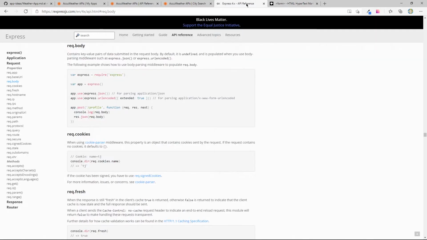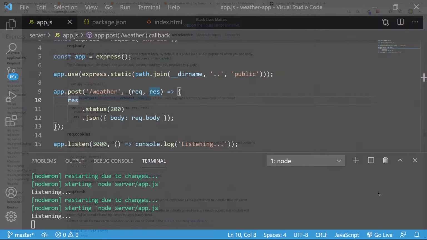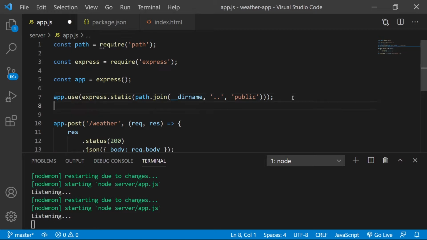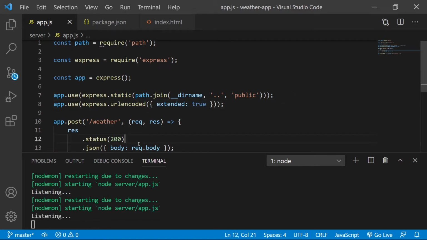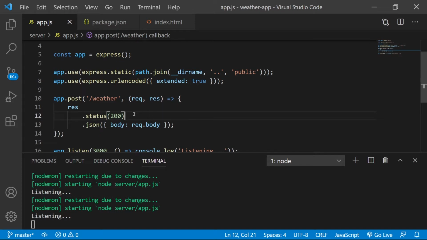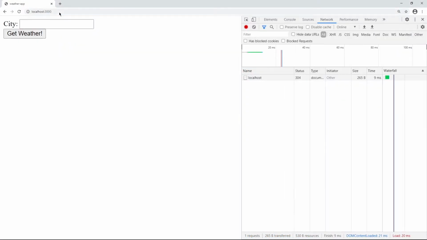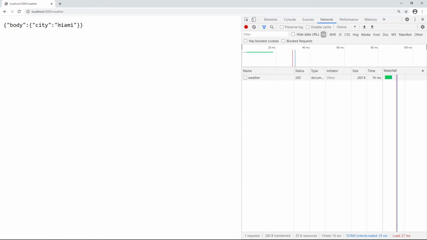Okay. Oh, well, look at that. It matches the enctype that's here on the Express page. So I think this one's going to be a good candidate. So let's go ahead and do that one. I'll go ahead and do it right under my static middleware. I'm going to use the same one just like it had. And now let's see if that will give us something different here. So let's go back to our app. Let's put Miami. Ooh, okay.